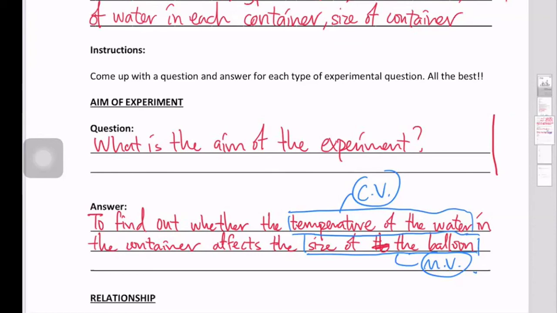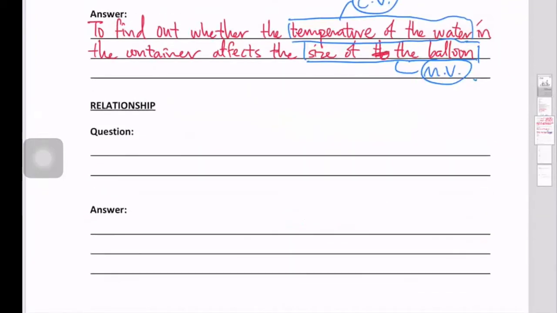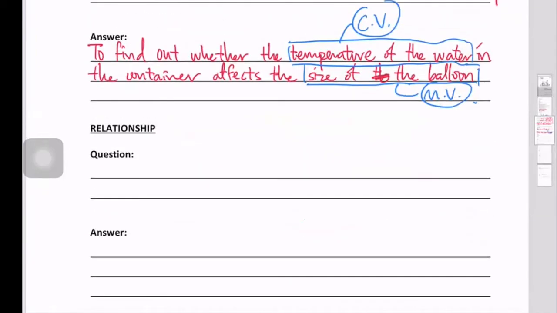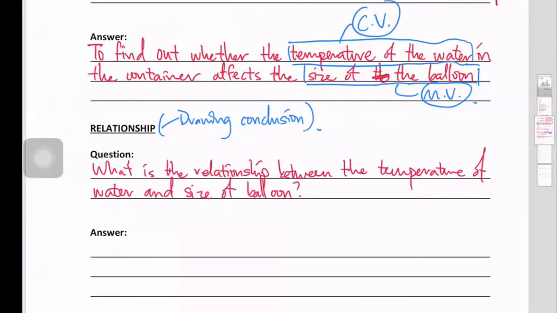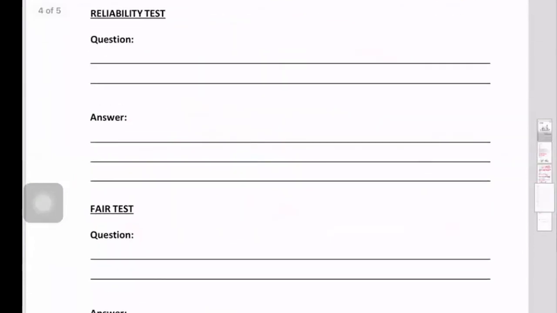The next one is to determine the relationship. The relationship in this case is given to you. It's not what you're trying to do; determining a relationship is your conclusion. So the next question asked would have been, what is the relationship between the temperature of water and the size of the balloon? Again, you just put the writing structure here. So as the CV increases,